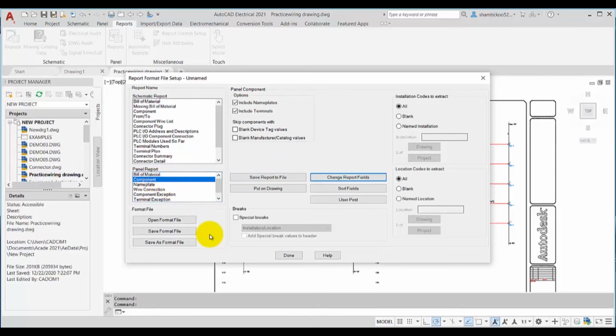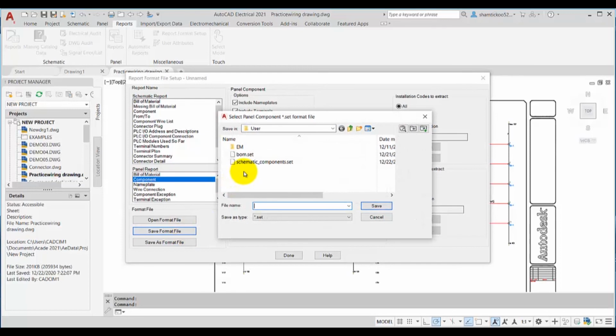Now I need to save this format file for further use. So I will choose this save format file button, and you can see we have already created format file for schematic component report, and one BOM format file is also there. Now I will add panel components format file over here by writing the name.